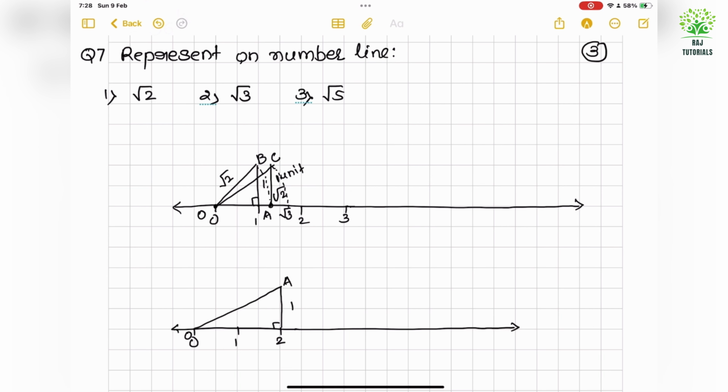And I am joining these 2 points. Let me say O, A, and B. So OB will be my root 5. Now if I keep the compass point at O and OB is the radius and I draw an arc like this, I will get root 5. So this point is my